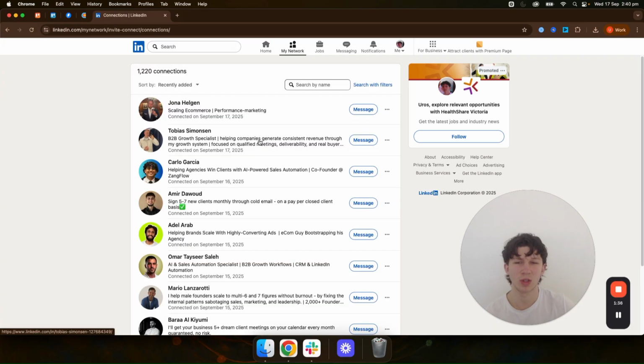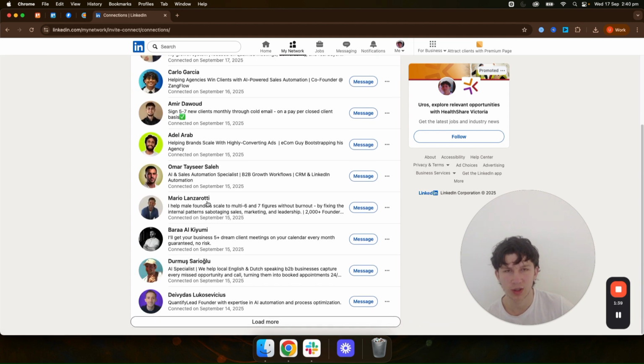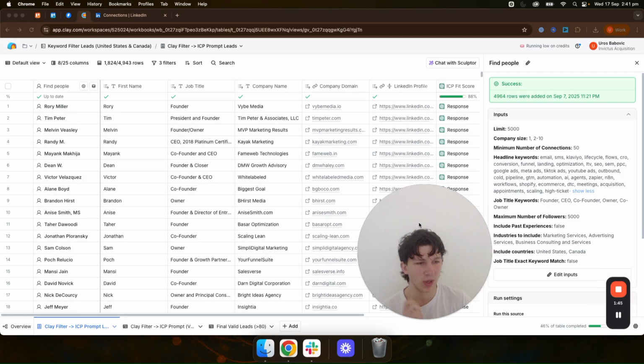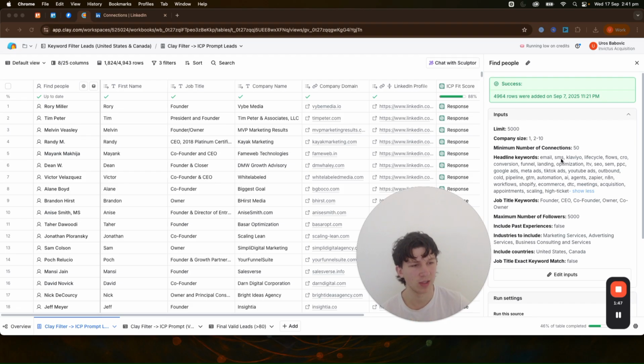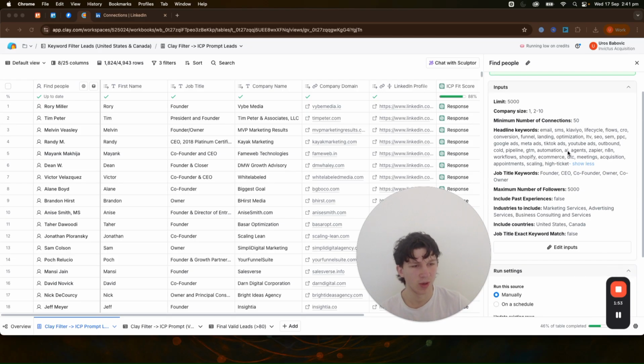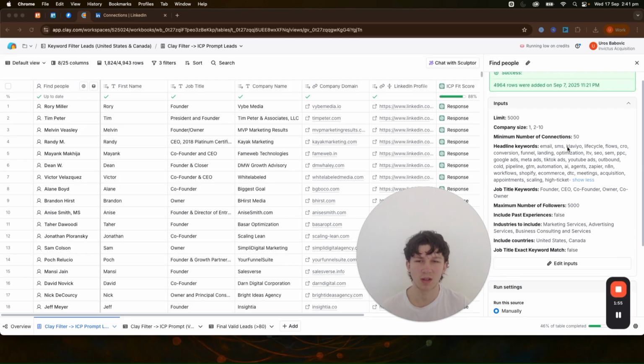What you can do is scrape all of these into ChatGPT and get the most common keywords. Now, this is the first step. It's not going to be very accurate when you do this in Clay, but when you find the keywords, which I've already done here, so email, SMS, Klaviyo, lifecycles, flows, CRO, YouTube ads, outbound, cold, pipeline, all of these words, this is the first step, and it's going to give you all the accounts that have at least one